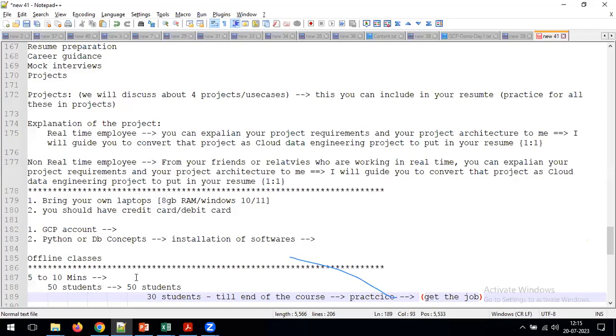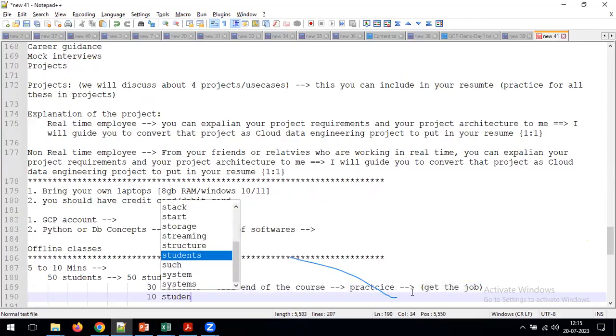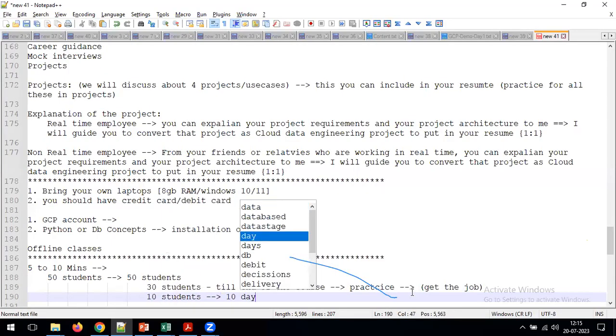That's not possible, right? My intention is, if you want to get the job within 1, 2, 3 or 4 months, from our side we will explain everything practically and theoretically, and we'll give assignments. At the same time, from your side also, you need to put in a similar kind of commitment and all your efforts, as I told you earlier. In this example, 30 students came every day and they got the job. And for example, 10 students attended only 10 days of classes, the first 10 days and the last 10 days.